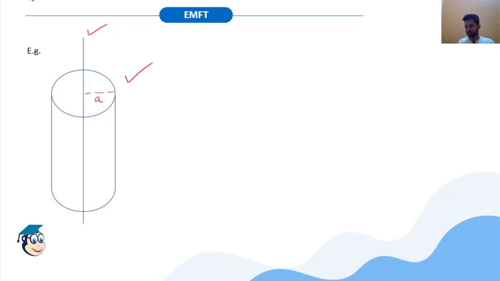Along with that, we are doing a special case, in which the current in this cylinder is distributed on the surface of the cylinder only, not inside. The current is distributed on the surface only, and it is pointing in the z direction. Let's say the upward direction is z cap. So the current is on the surface of the cylinder, pointing along the z cap direction.